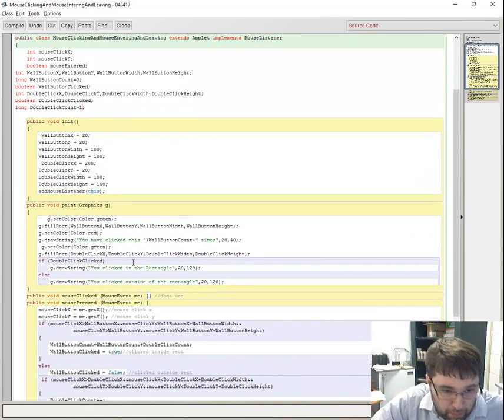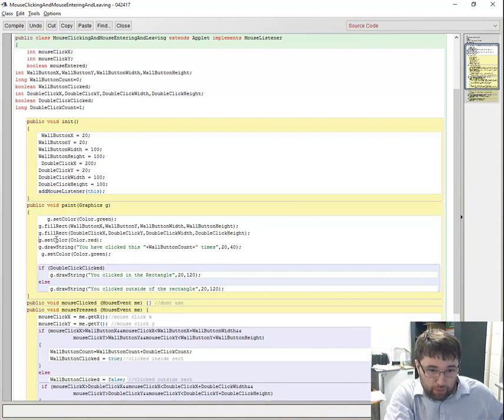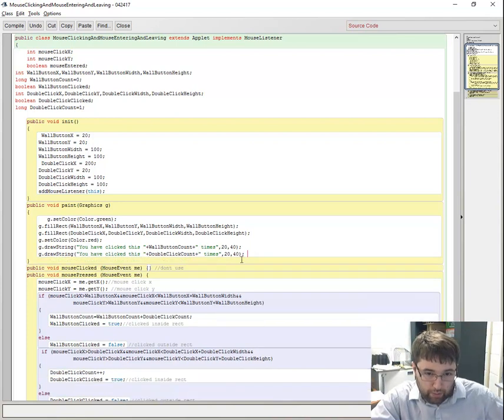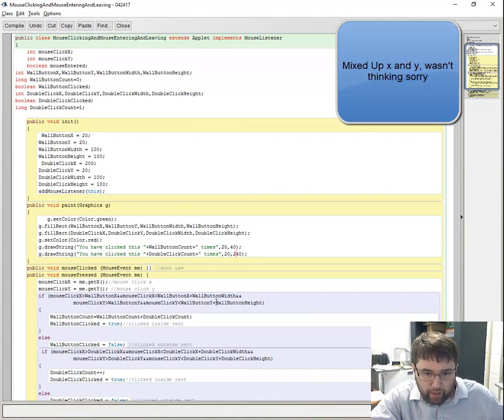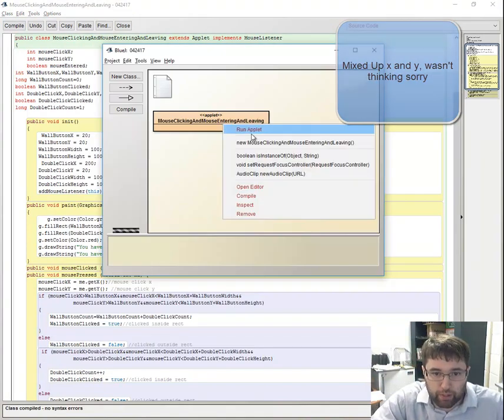And I also need to display it. So again, I'm going to move this. I want to move it up here because I want them both to be green and then both to be red. And I'm going to copy this, and instead of wall button count, it is just double click count, and I need this to be at 140. I think it's 140. No, 240. And now when I compile and run this,